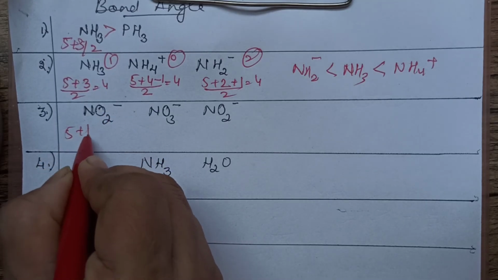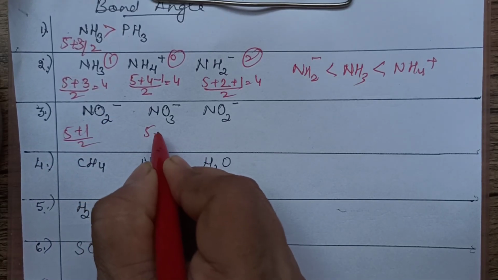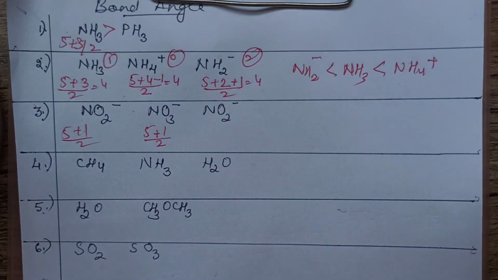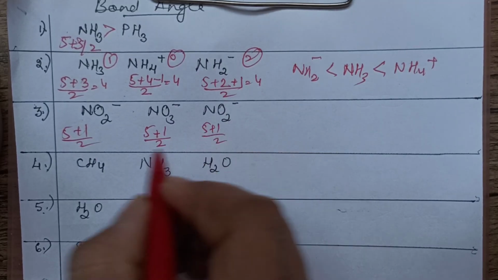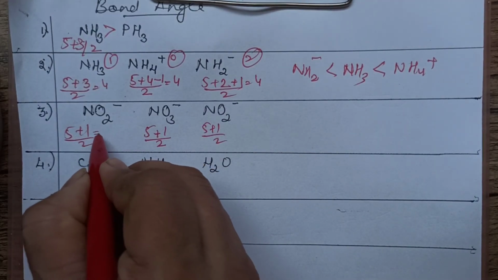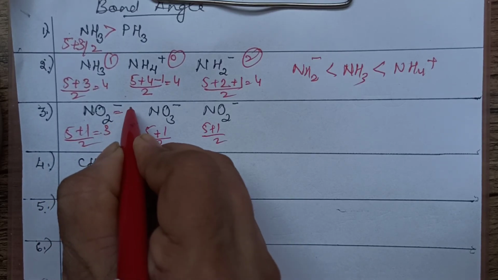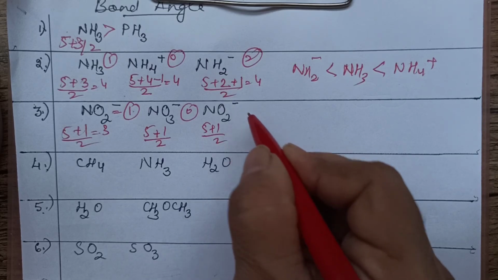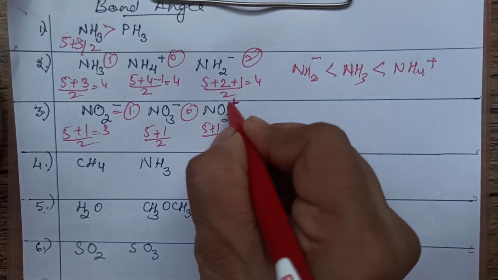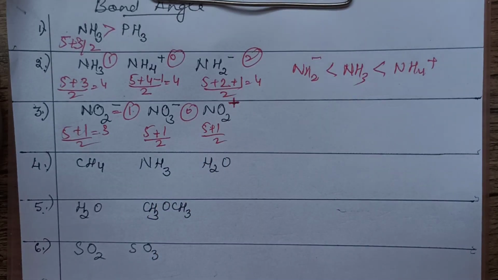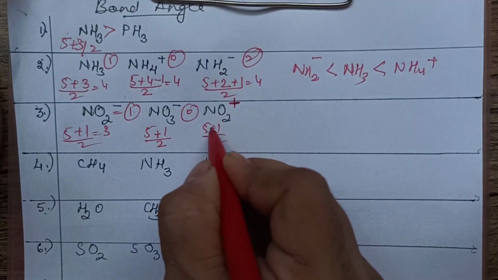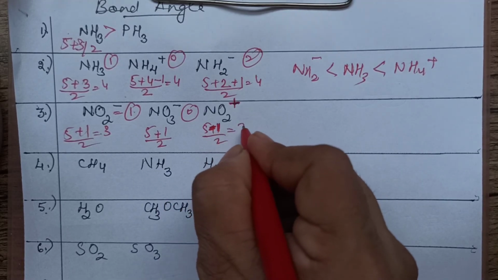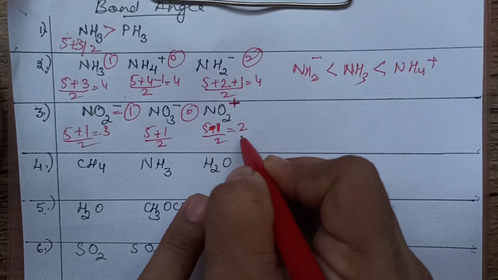5 minus 1 means plus 1, divided by 2. This is 5. This is plus 1 divided by 2. This all will be same because oxygen is the surrounding atom. Only one thing is different in them, that is the lone pair. So what are you getting here? 3. So this one is having 1 lone pair, this is having 0 lone pair, and these are same. This is plus charge, sorry. So this we have to check again. This will be minus, sorry. So 4 by 2 means it will be 2. So this of course will be different. This you are getting linear.